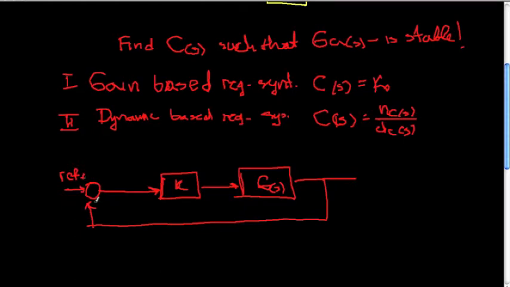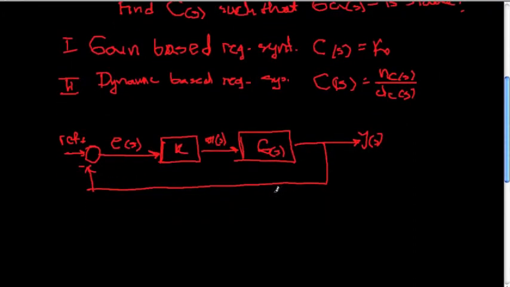Plus minus this error signal, U of S, and this is Y of S. And constant gain synthesis is: find the k. Find the k such that